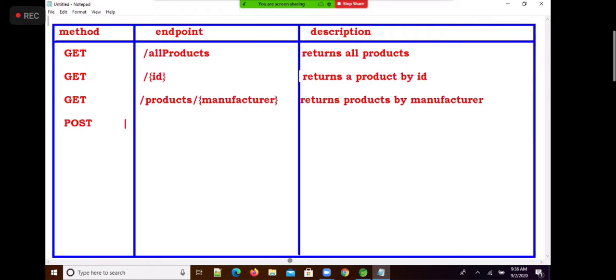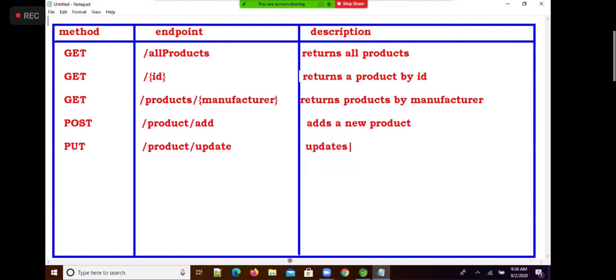So I have a POST method /product/add. This is going to add a new product. Then we have a PUT, /product/update, which updates a product.